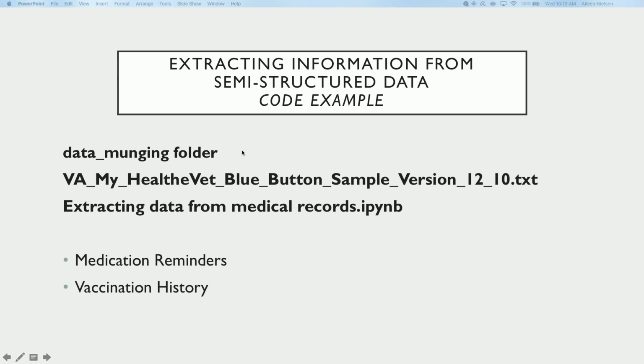In the Git repo, in the overview section, this is going to be in the data munging folder, and I would call your attention to a .txt file, which I actually downloaded from the VA healthcare system, where they show a sample of one way that they store their data. And then we're going to use a Python notebook called Extracting Data from Medical Records. And we're going to do two things. We're going to think about generating medication reminders, and we're going to think about extracting a vaccination history from the